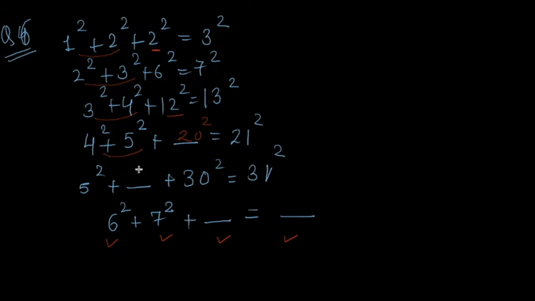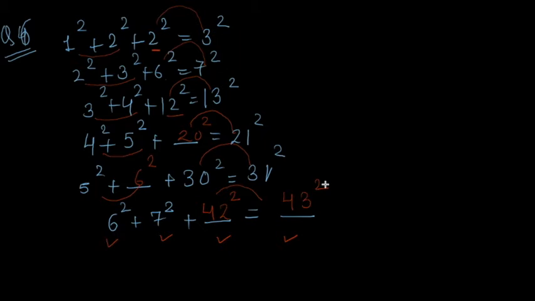Now this should be 5 square, and here it should be 6 square, because we know 5 sixes are 30 and 6 sevens are 42. So therefore 42 square. Now the second part of the question is how the fourth number is related to the third number. You see this is plus 1: 2 plus 1 is 3, 6 plus 1 is 7, 12 plus 1 is 13, 20 plus 1 is 21, 30 plus 1 is 31. Similarly 42 plus 1 will give you 43 square.